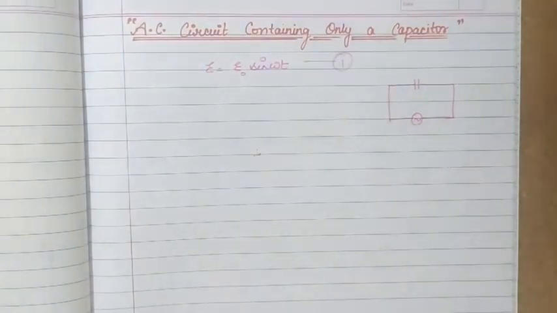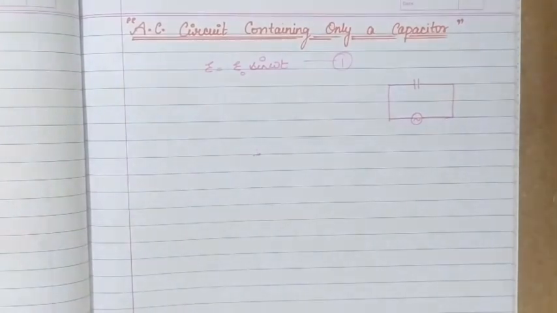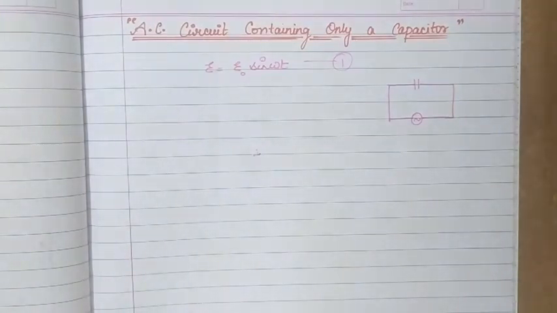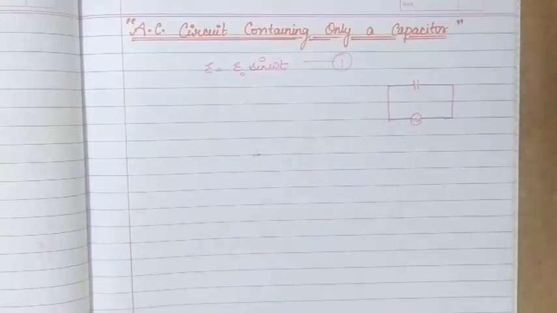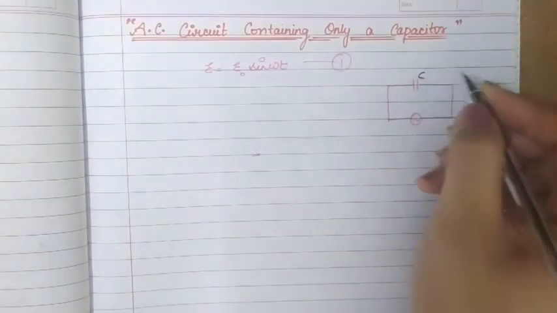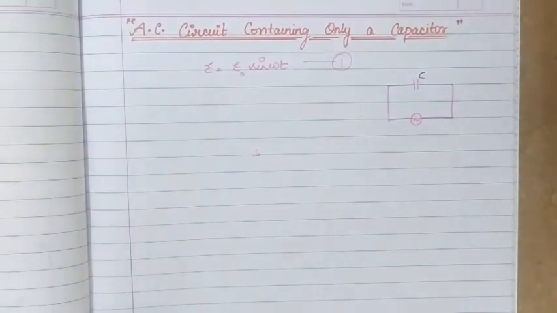Now let's move further. So we know that whenever we have a capacitor connected to a source of alternating EMF, then because of the alternating voltage of that source, this capacitor will get charged in one direction in the first half cycle, and then it will get discharged in the second half of the cycle, and again the process goes on in a similar manner. So therefore, because of this charging and discharging, there is a continuous but alternating current in the circuit. That means this capacitor provides an easy path for the AC.